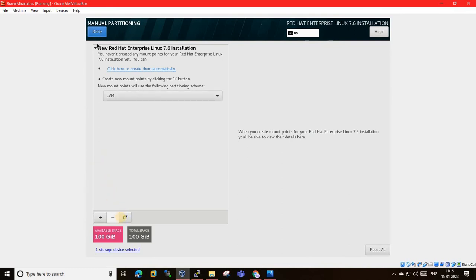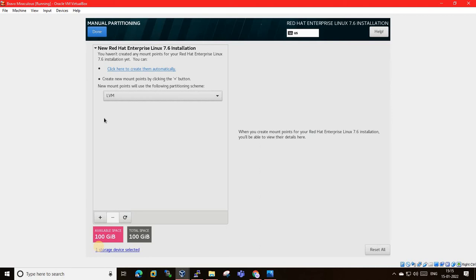Once we click done, now we have to add mount points here. Mount points are where your installation will be done. It will be LVM, no issues. And what is LVM?